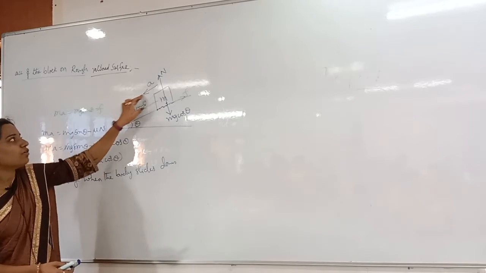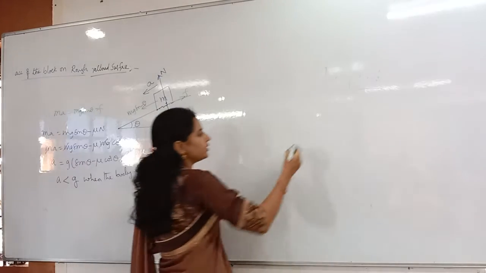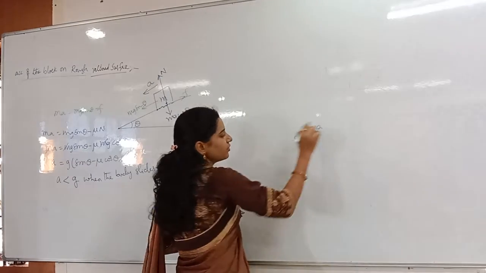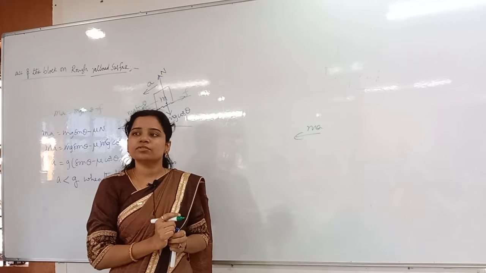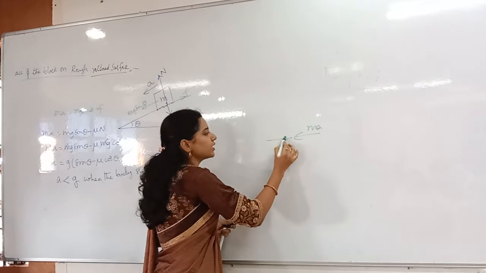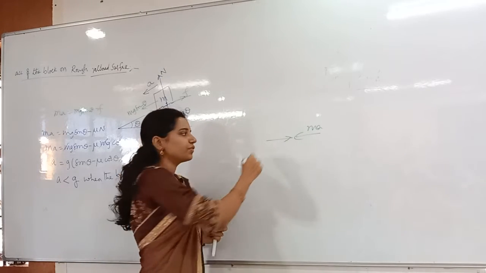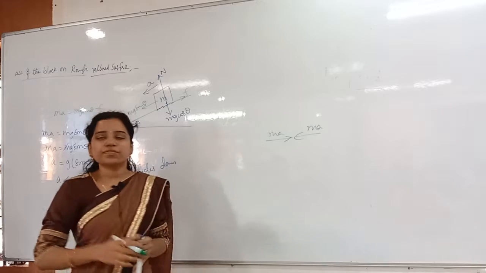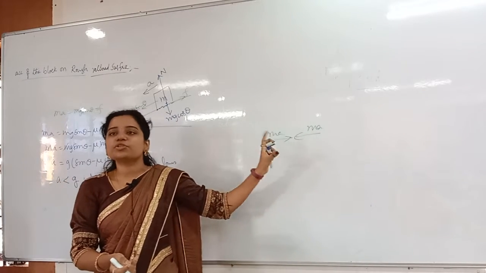Now it is sliding down with acceleration a. For example, a body is coming in this direction with force ma. I want to just stop it. To stop it, what do I have to do? I have to apply a force exactly in the opposite direction. Same force or different force? Same force, that is ma. If I apply more force, it will change the direction. I just want to stop it.